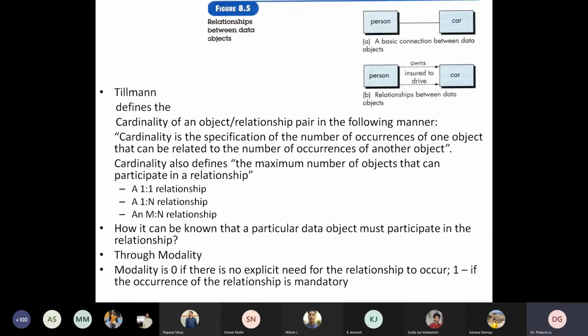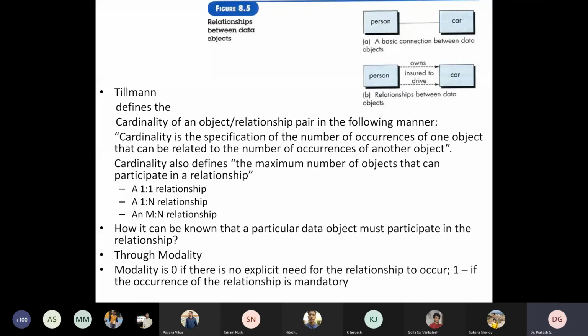Similarly, on this side also, we can say one driver may call many passengers for a particular car. So in both ways, we can have this kind of relationship. But how can it be known that a particular data object must participate in the relationship? There comes the modality.